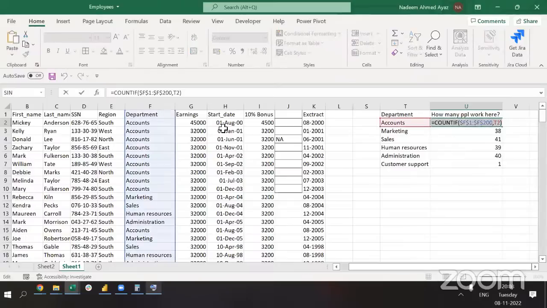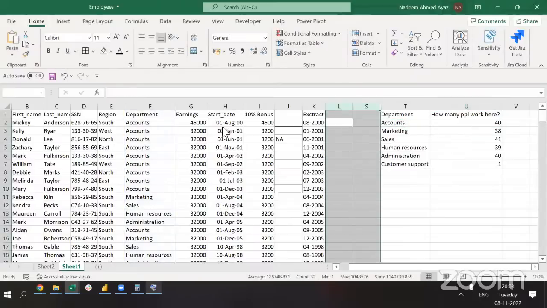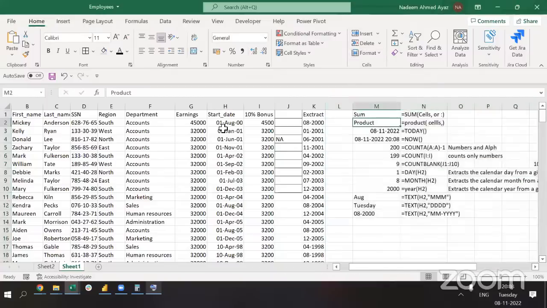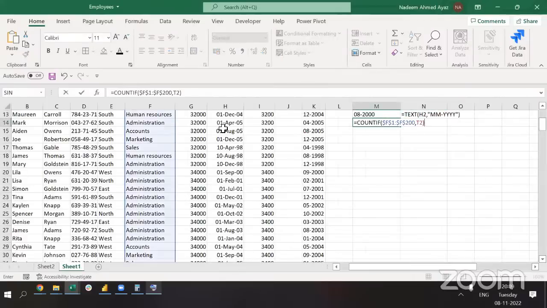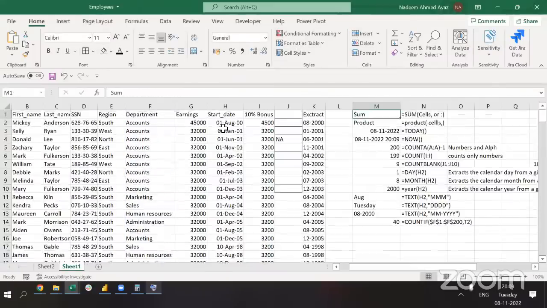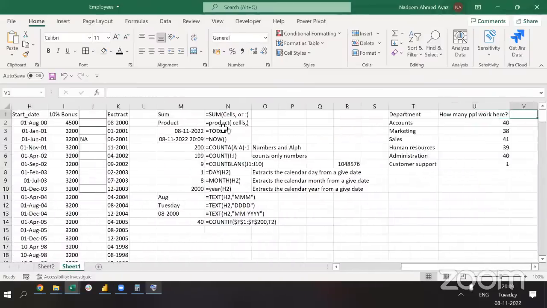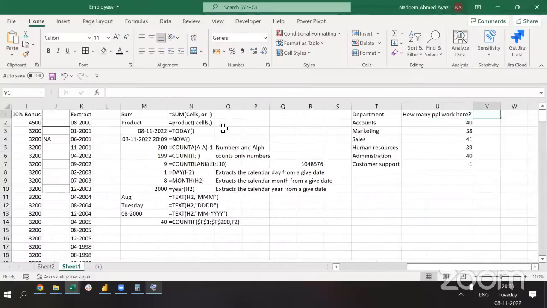Let's figure out what we know about COUNTIF. I have understood now that you supply a range and give another condition, telling me how many people are available in a particular department. I will hard code it so that we can refer to this later. Now let's say I have some more